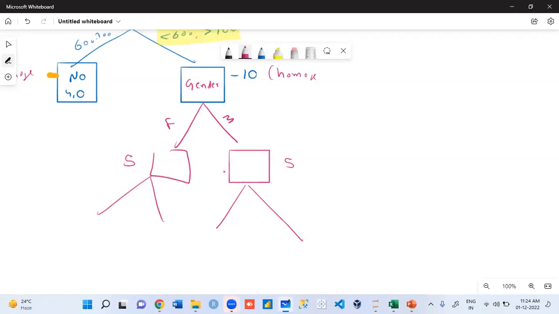ये क्लियर हो गया? Why I have made 2 branches? 3 क्यों नहीं? Because Gini will give you 2 branches. So capability of giving 3 levels.